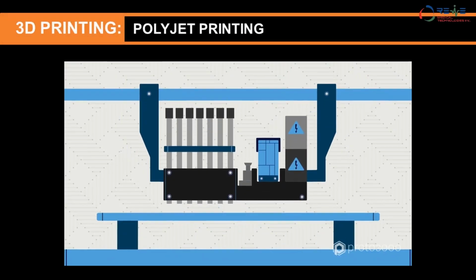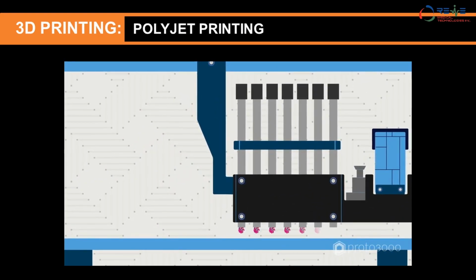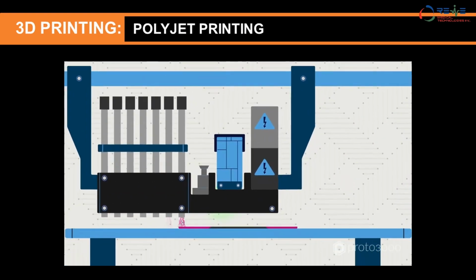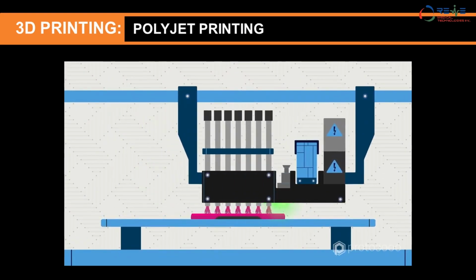So next is polyjet printing. Again, it was a first for me. I saw it. It is kind of similar to everybody else. I think this is the inkjet printing category that comes in. It has multiple nozzles that